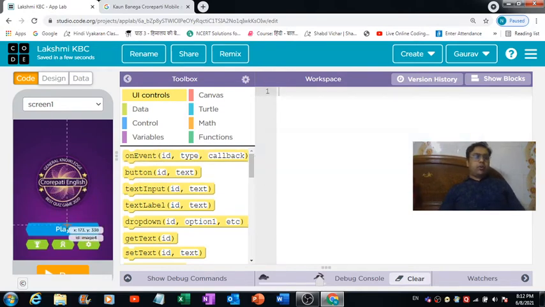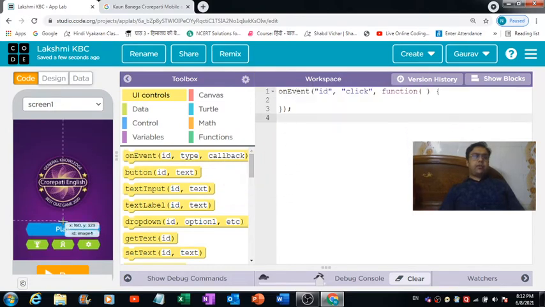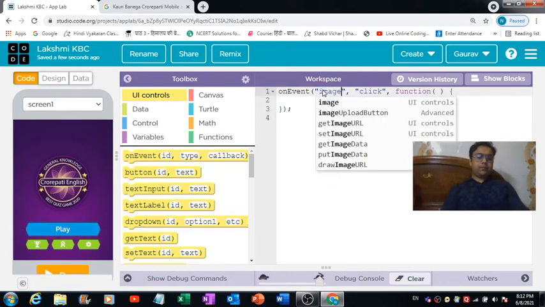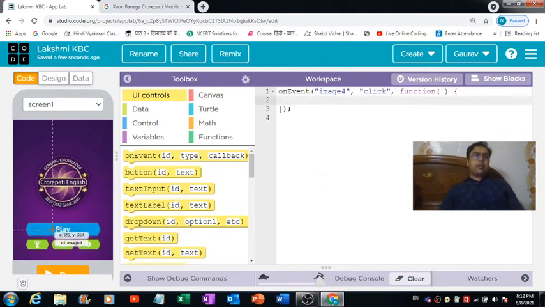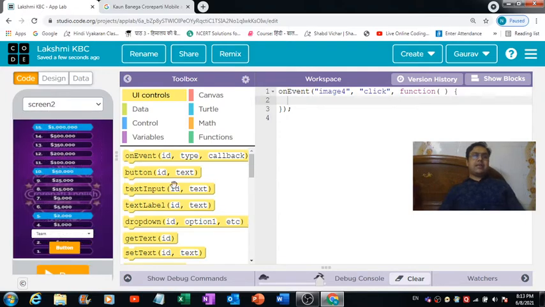We have this first screen over here. This is image button 4, which I have made use of for putting this image on this screen. I would like to first define the code for this image 4 button. When the user hits this image 4 button, I would like him to get redirected to screen 2.